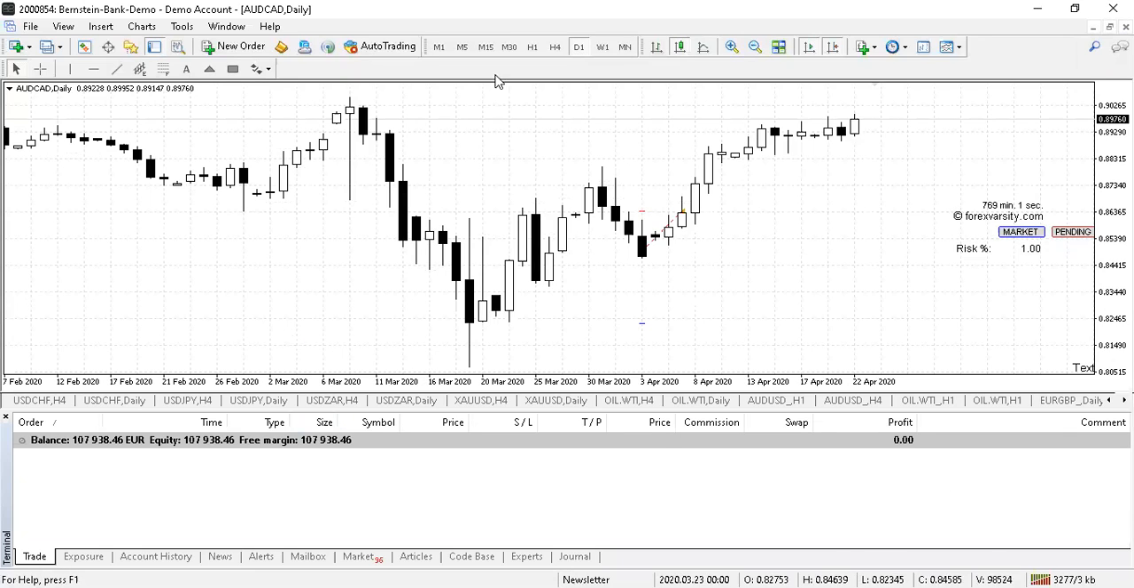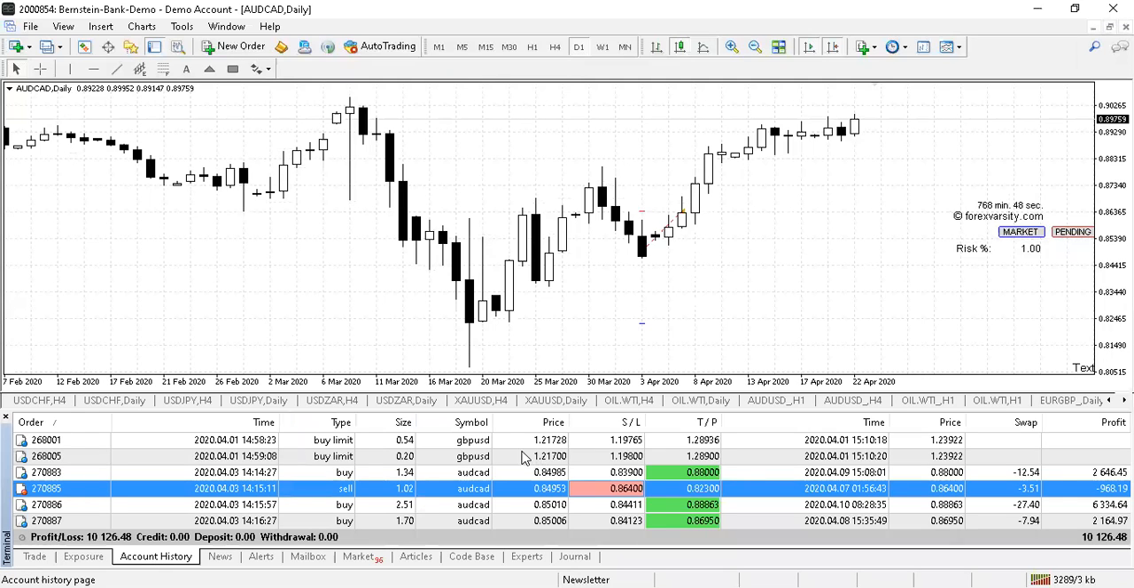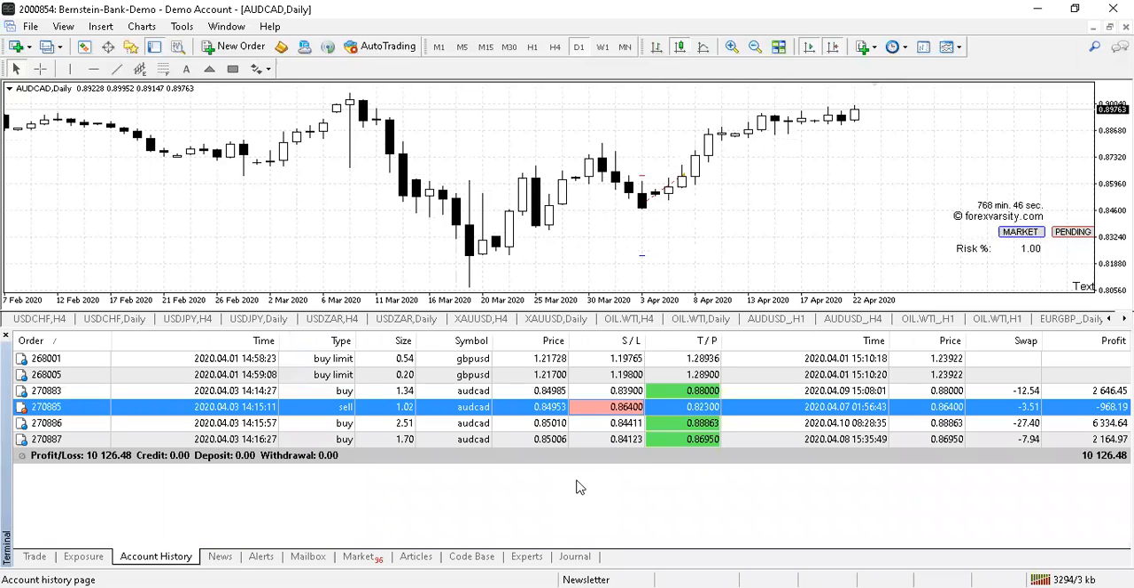So open up your terminal, and then we normally have the tab on the trade tab. You'll see a couple of tabs along, you've got your account history, and that shows you all of your past trades. How this works as well, you will see that